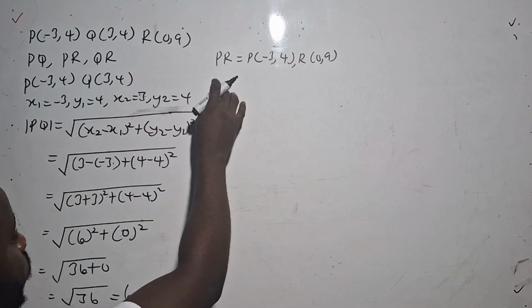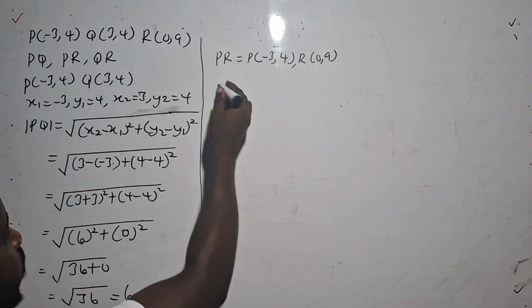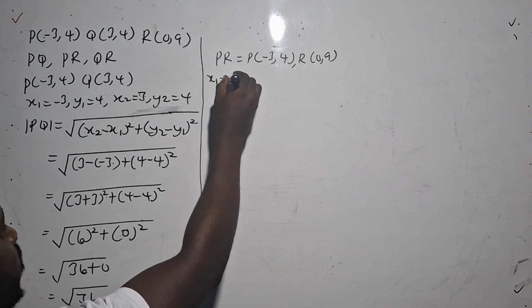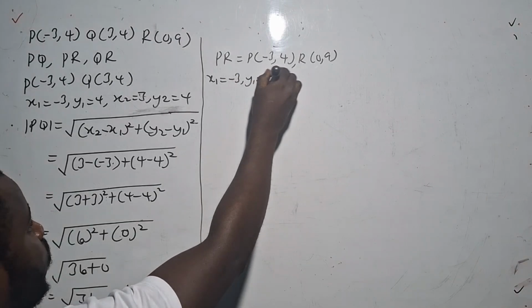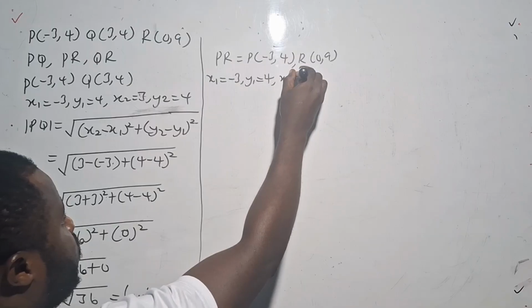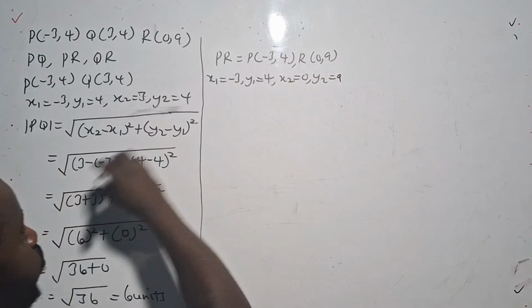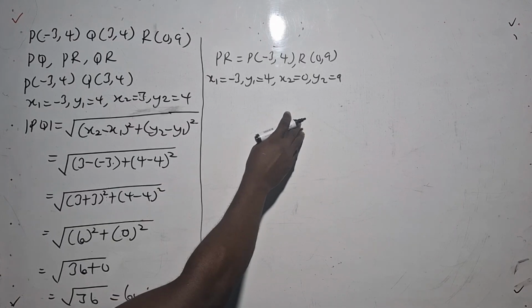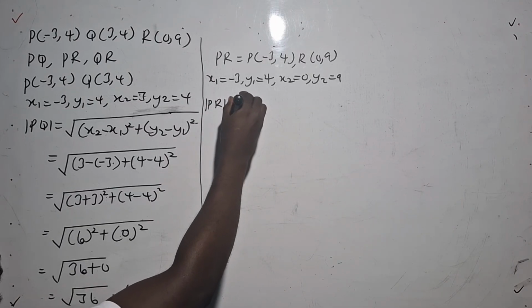So with this one, let me even draw a line here. So with this one, our x1 is negative 3, y1 is 4, x2 is 0, y2 is 9. So the length of PR,